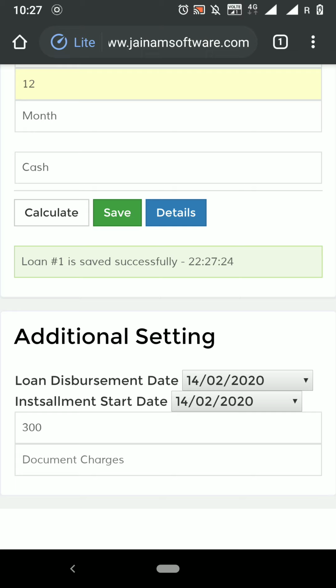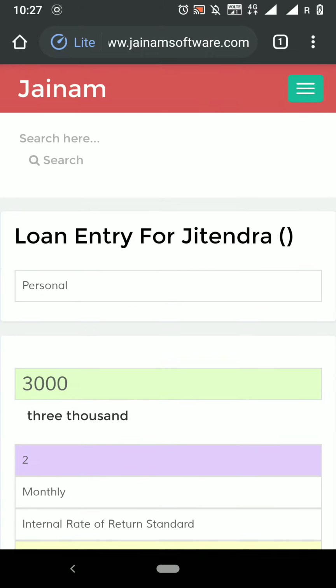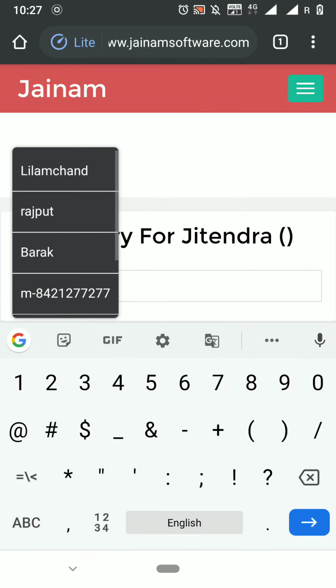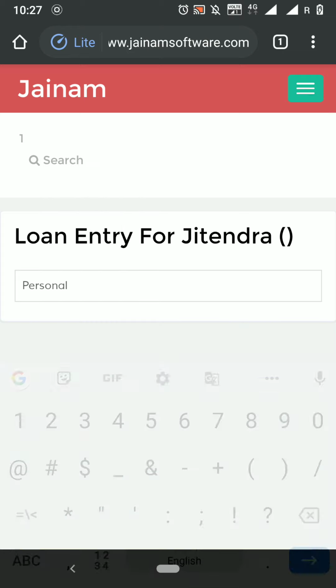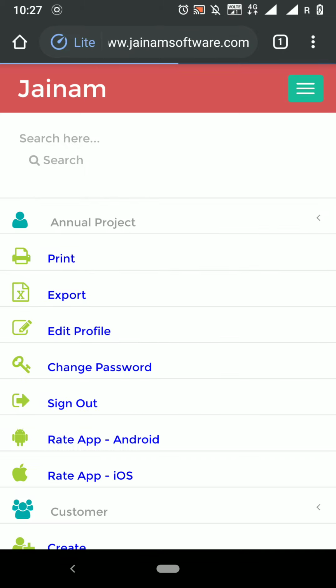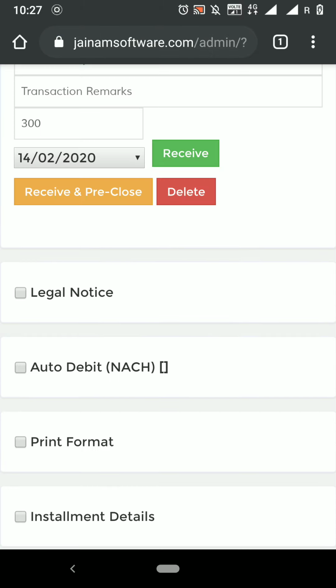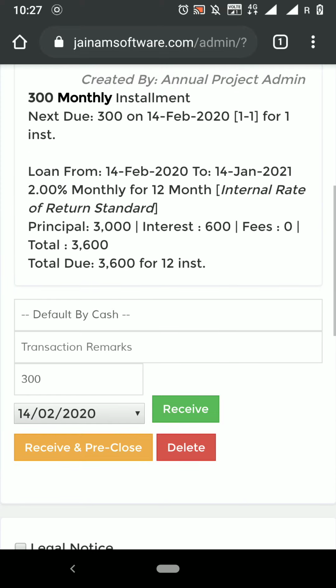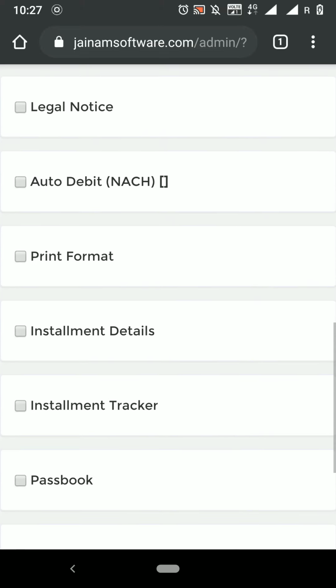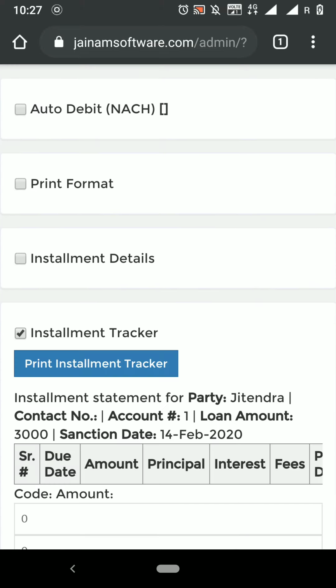So here loan number 1 is created. I just search here loan number 1. In case it is a deposit, I have to enter D-1. So I search the loan here. Now let's see what has happened. So I go into installment tracker,